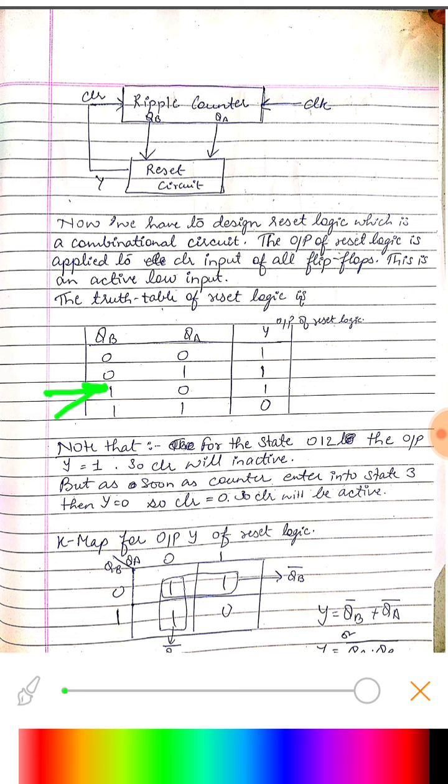I don't want to count 3. So what would I need? The output should be, if this is the output function, so this is our reset function which we will implement using some gates, that is a combinational circuit. So it would remain high until we reach 2, and as soon as we reach 2, it must be 0, because we want the circuit to reset after 2.